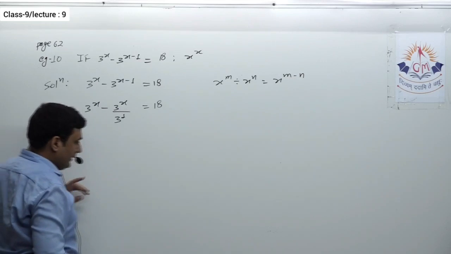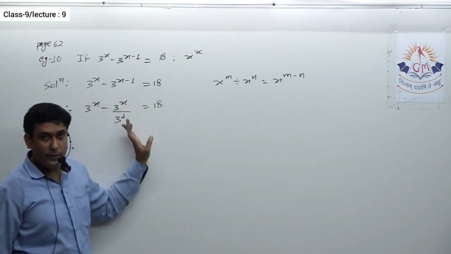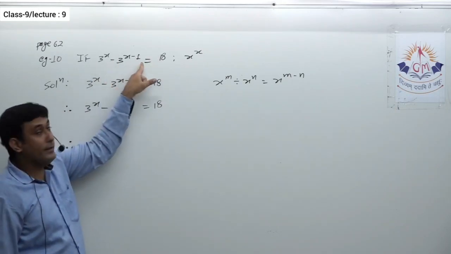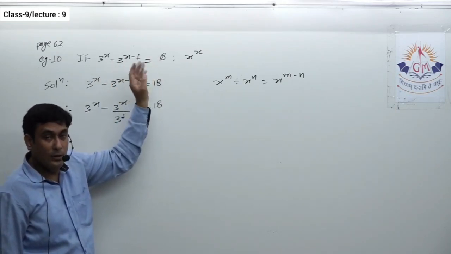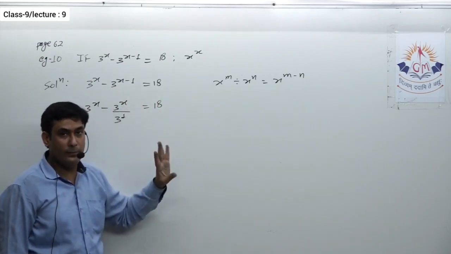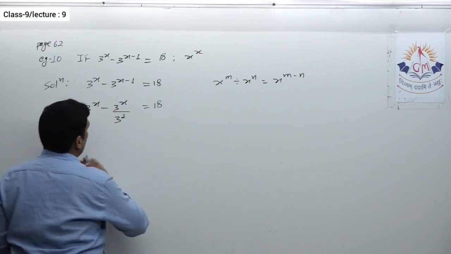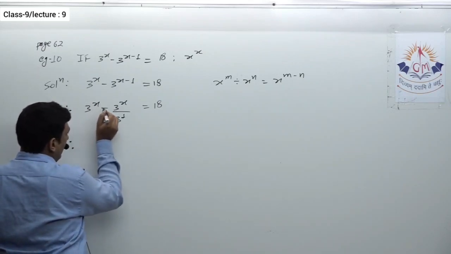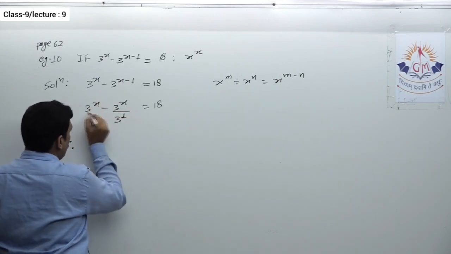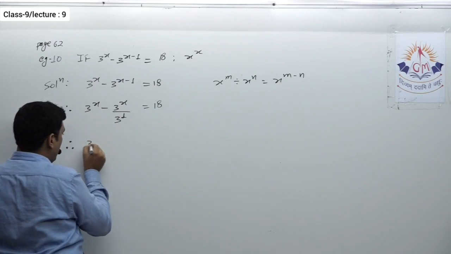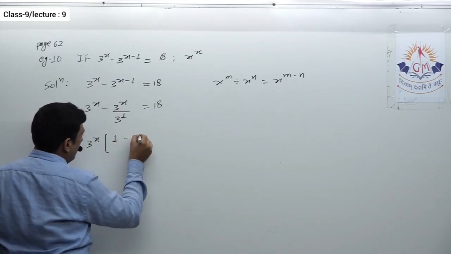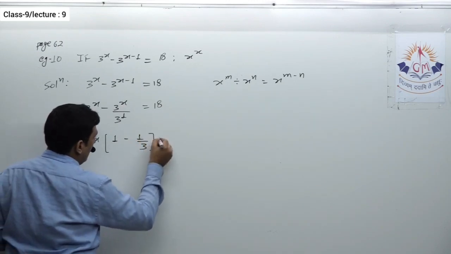See, very first thing, as we always do in this type of sum, we need to find x. X is over here in the powers or in the exponents. So my target is to make the bases same on both sides. So now see, here it is 3 raised to x minus 3 raised to x upon 3 raised to 1, that is 3 only. Now can I say 3 raised to x can be taken common? If I take 3 raised to x common, I will get here 1 minus 1 upon 3 is equal to